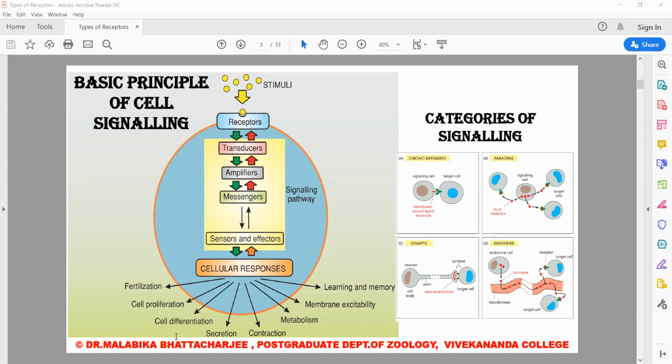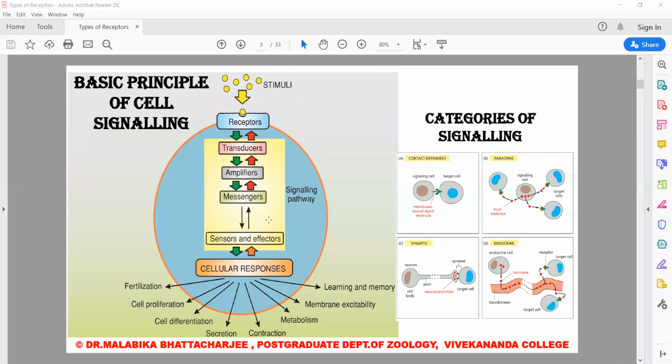So the response might be multifarious, as you can see here. Now, if you look into this picture, the picture has green arrows and the picture has red arrows. The green arrows signify a dynamic process, the on mechanisms during which information flows down the pathway. So it moves from the receptors down to ultimately the sensors, that is the DNA. And it might be that some signals are received and the sensors might be some cytoplasmic molecules also.